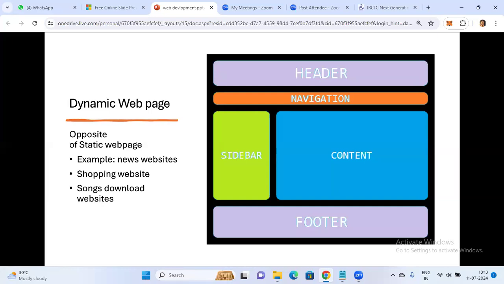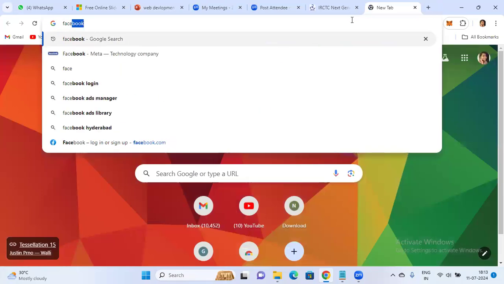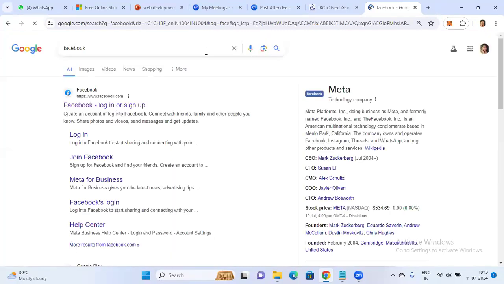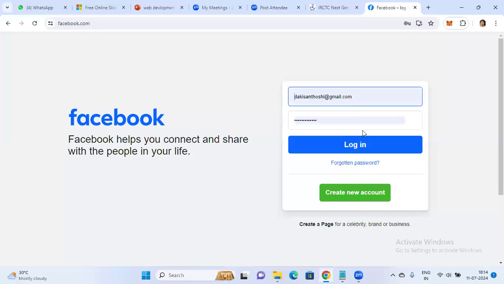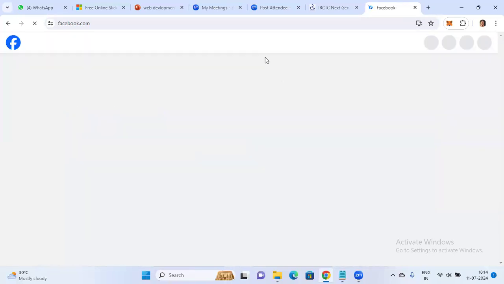You're getting my point? Let me give one more example here, Facebook. In Facebook, I'm clicking on the first link and clicking on login. Please understand what the difference is here.